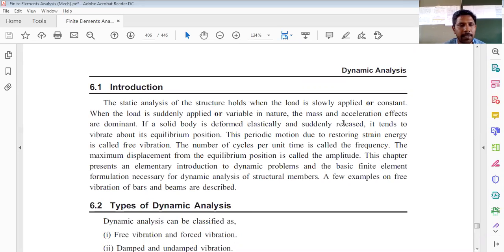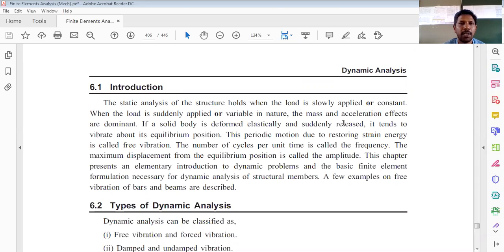finite element analysis. So basically, static analysis, which is considered in case of bars, beams, and trusses, wherein the load either acts slowly or is constant throughout the analysis. So when the load is suddenly applied, or if it is variable in nature, definitely there will be vibrations in the member due to to-and-fro oscillations,